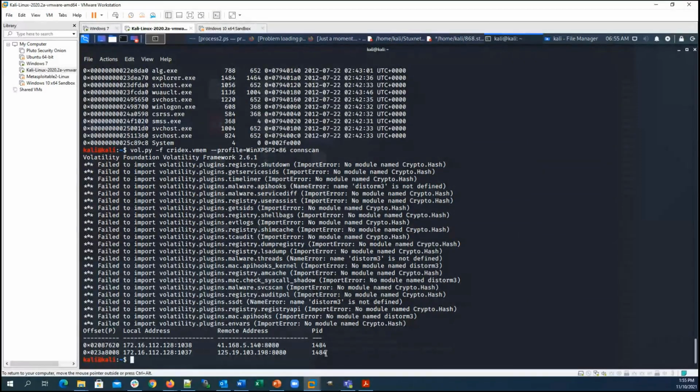Again, from the local IP address 172.16.112.128 to two different IP addresses. One is 41.168.5.140. The second is